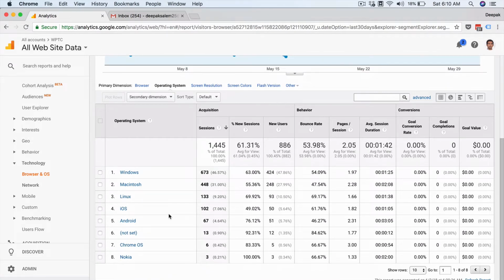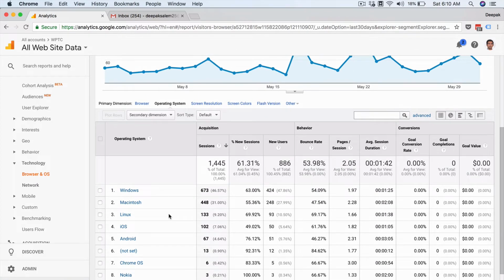Here I'm also seeing some very interesting statistics. For example, people generally look at my analytics and say that my bounce rate is too high. But you have to see that the bounce rate is not high specifically when you look at Windows and Macintosh users. These are desktop users who come to my site, and the bounce rate is very healthy. When you look at iOS, the bounce rate is high, Linux the bounce rate is high, and maybe people browsing from mobile, the bounce rate is high, which I can also check in the devices report.